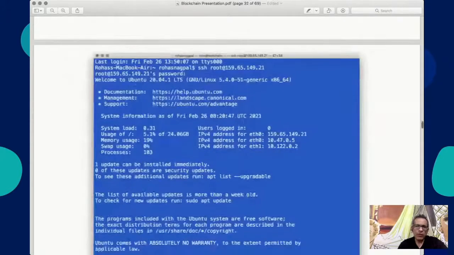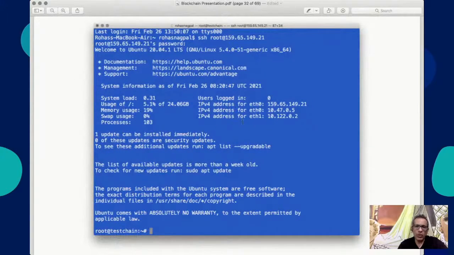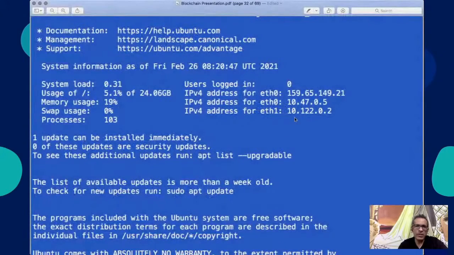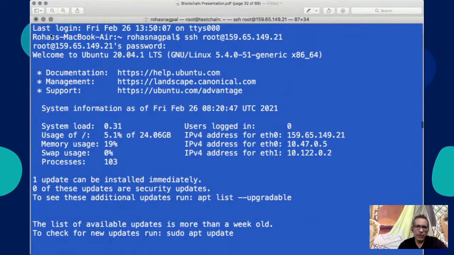Now, this is what the command would look like. I hope all of you are able to see this clearly. Here I've logged in from my Mac laptop. I did an SSH root at my IP address. You would do the same thing on your own server. What would change is this IP address that you see; you would use your own IP address because you can only log into your own node.